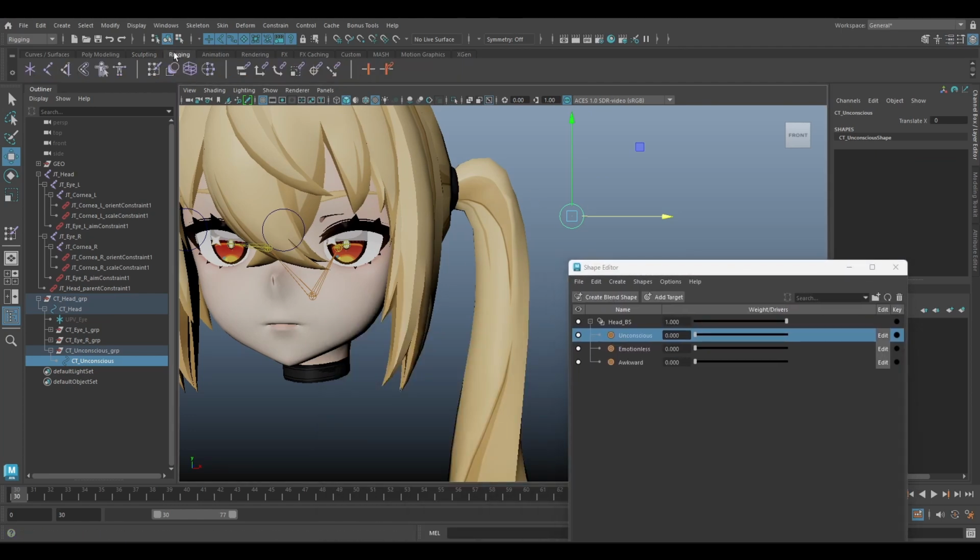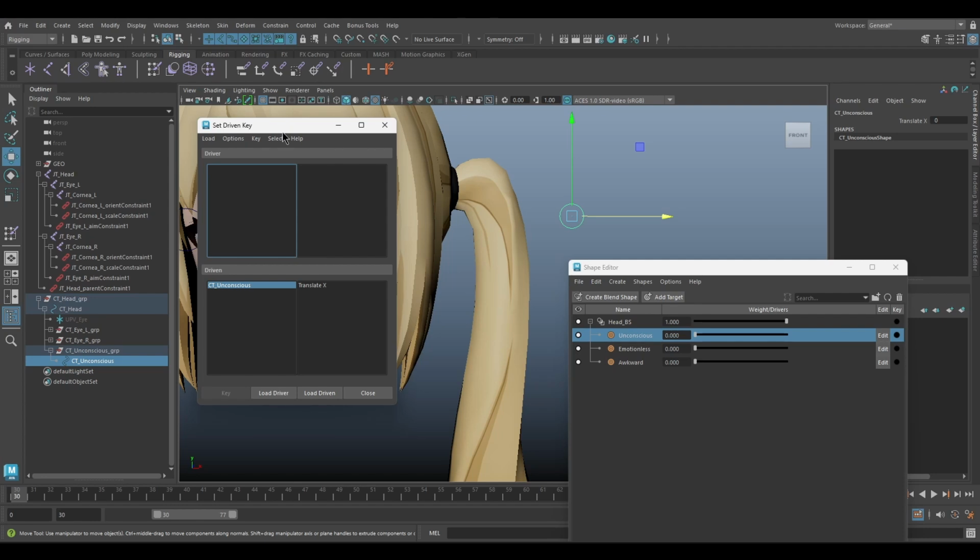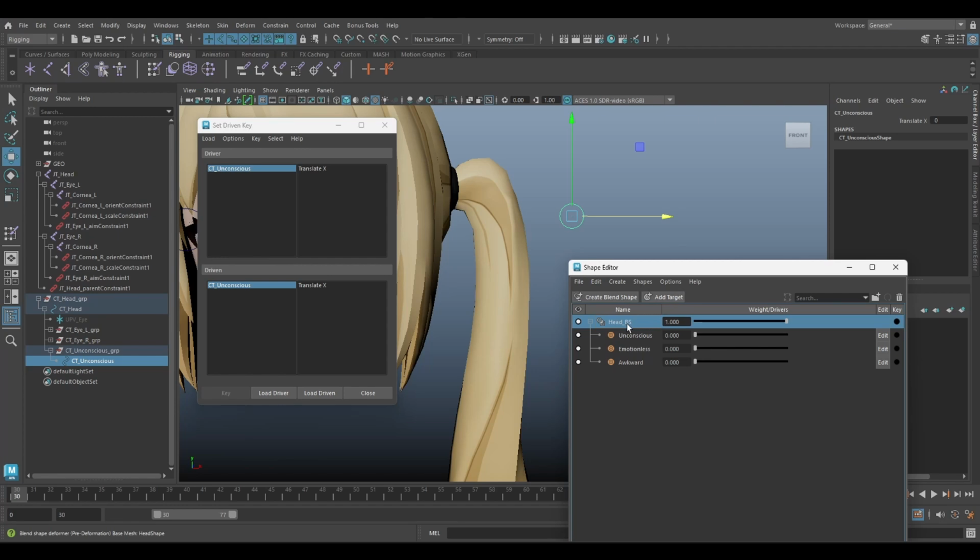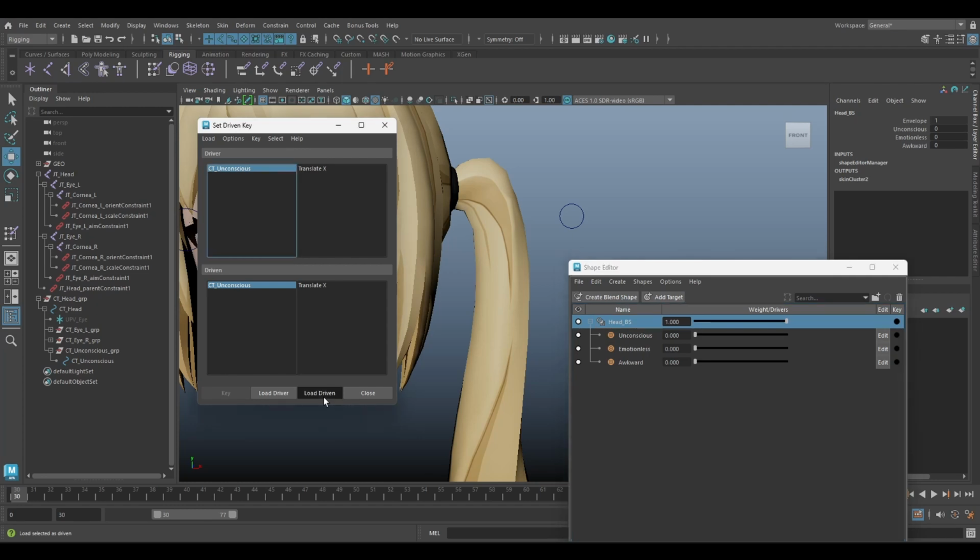Then we can use this set driven key. So select the controller, load driver, and then here select the plane shape, right click and select the plane shape node and load driven.